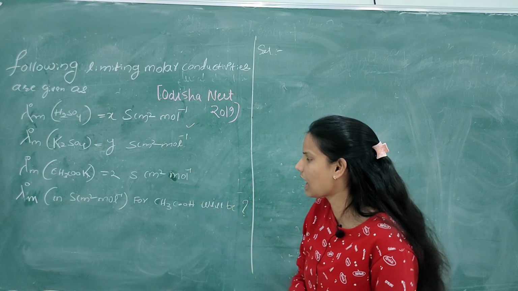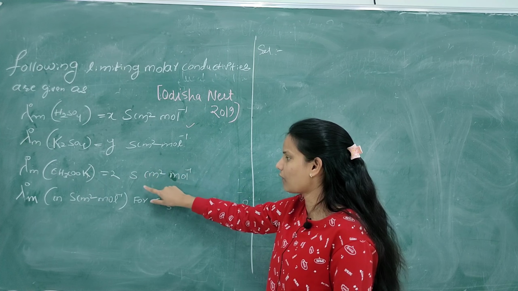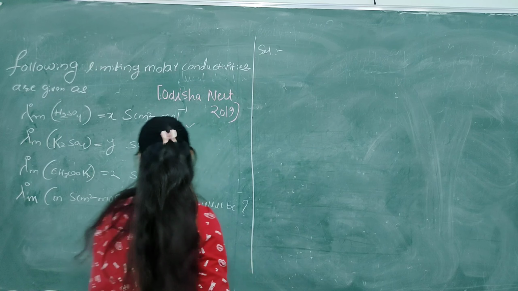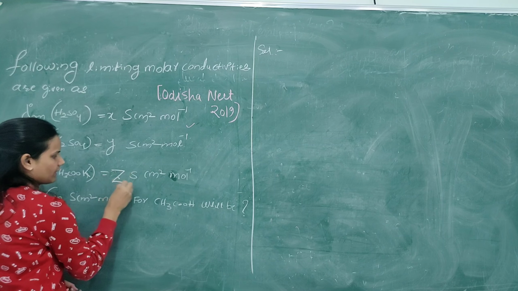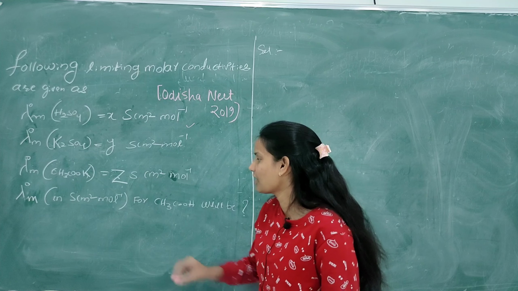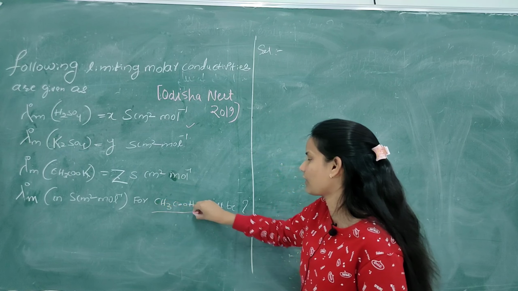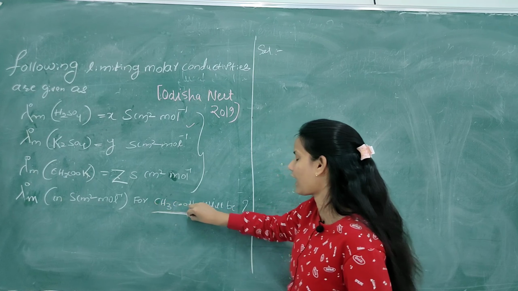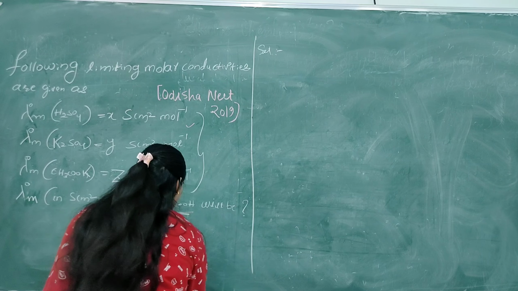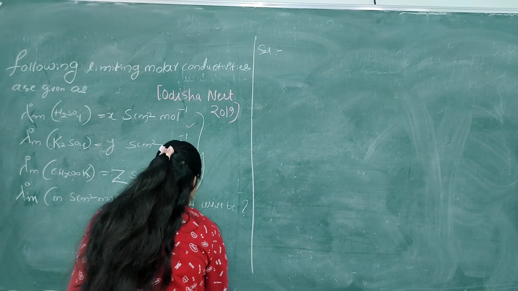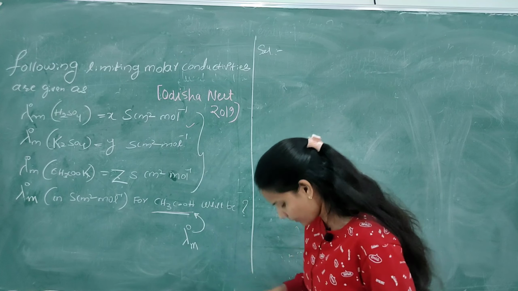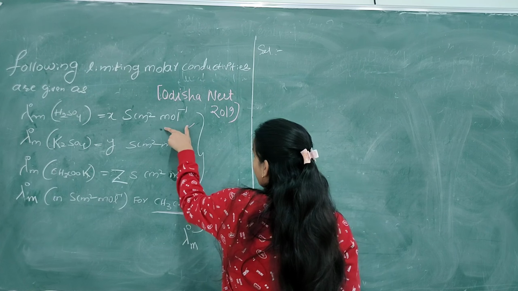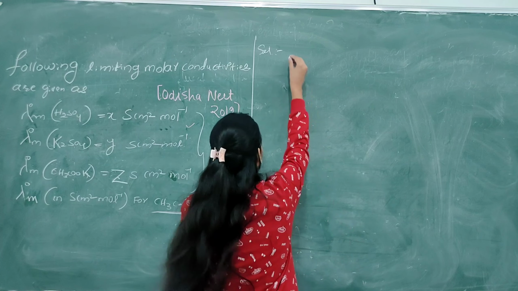square mole inverse. For K2SO4 we are given Y, for CH3COOK we are given Z, I am sorry, it is Z. And we have to find for CH3COOH. So using the data of these three, we have to find the lambda naught m for CH3COOH. So lambda naught m for H2SO4 is given X